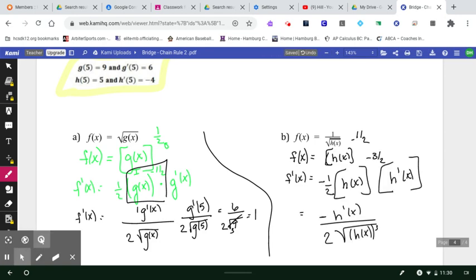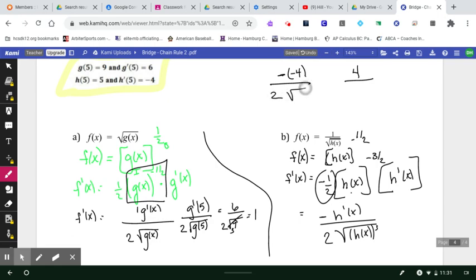I brought my negative 1/2 down, and I left my inside to the negative 3/2 times the derivative of the inside. So my negative 1/2, I split the negative 1 on top, technically the 2 on the bottom, brought my square root of that h of x cubed downstairs times the h prime of x. And I'll just carefully replace my 5's in there. So I have negative h prime of 5 would be negative 4. So I believe that then turns into a positive 4. And I have 2 times h of 5, which is 5, the square root of 5 cubed,